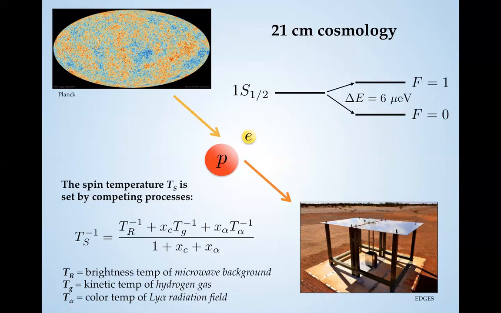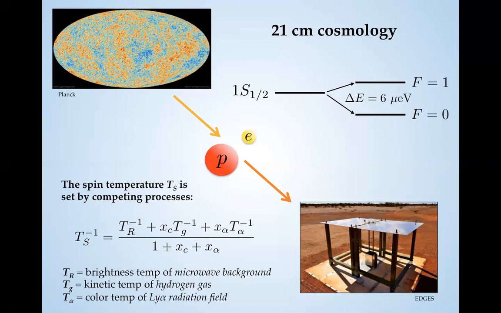To put the point maybe a bit simplistically, if all of the atoms are at the lower hyperfine level, then absorption is favored over emission, because there are many atoms that can excite and none that can de-excite. But if you start to increase the fraction of atoms at the excited level, then emission becomes increasingly favored. Now the fraction of atoms at F equals 1 to atoms at F equals 0 is conventionally quantified by the spin temperature. Higher T_s means more atoms at the upper hyperfine level. So just to say it again, absorption and emission tell you about the spin temperature.